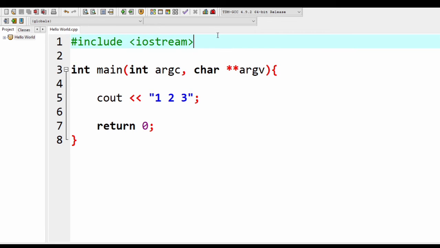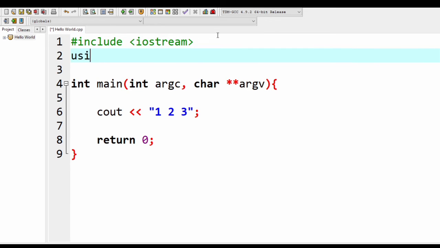So an alternative to this is using std, writing using std cout. Okay. So basically, when we write that outside the int main function, above it, we're telling Dev C++ that whenever we use cout, we're referring to cout as a part of the standard library, that cout can be found there, no?